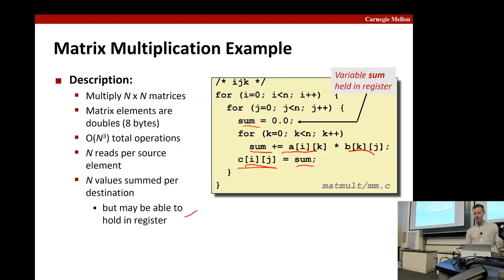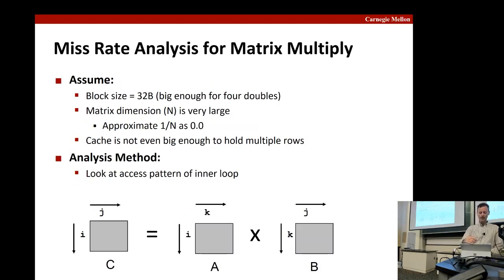Well, again, we're going to assume that this n, so remember we had this special case last class where we said, if n is really small, then you can actually get locality more than just the inner loop. But that's not the typical case, so we're going to consider the typical case where this n is very large. And so by the time you get to the second time through the innermost loop, you've already blown out the cache. Okay, so you can't even hold multiple rows in the cache. All right, so if that happens, and that's a fairly common setting,